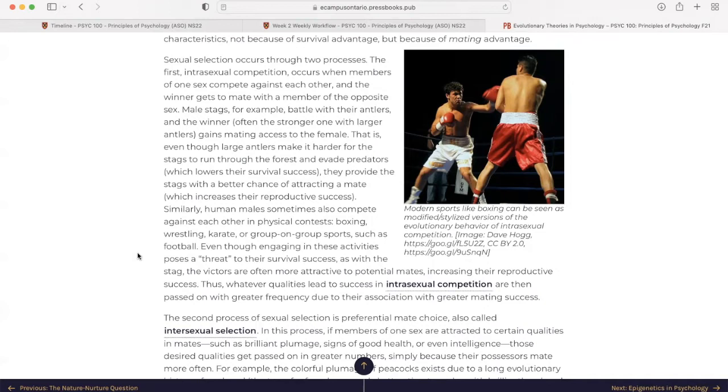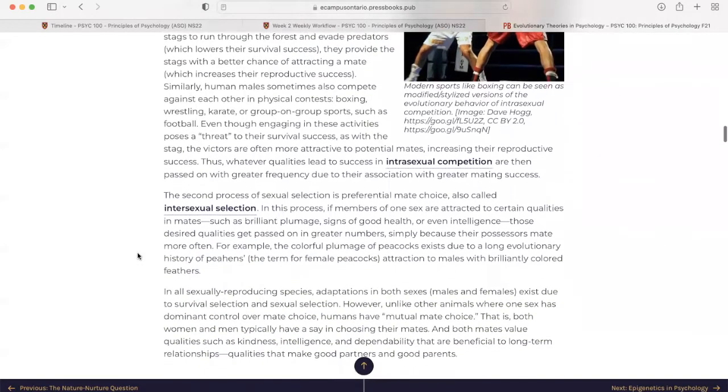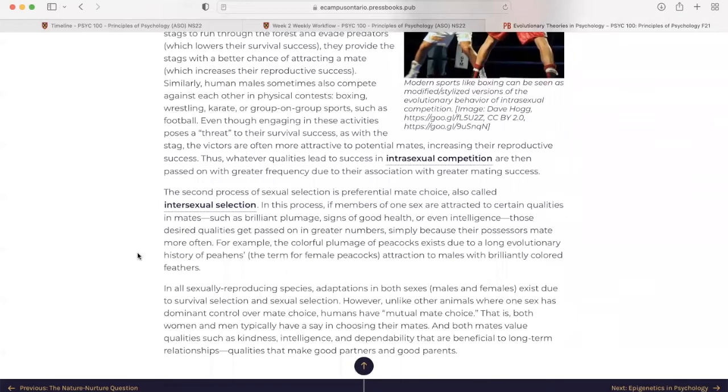Similarly, human males sometimes also compete against each other in physical contests: boxing, wrestling, karate, or group-on-group sports such as football. Even though engaging in these activities poses a threat to their survival success, as with the stag, the victors are often more attractive to potential mates, increasing their reproductive success. Thus, whatever qualities lead to success in intrasexual competition are then passed on with greater frequency due to their association